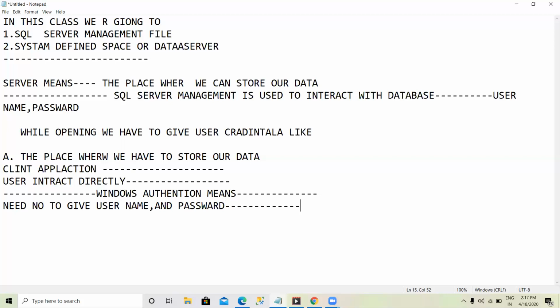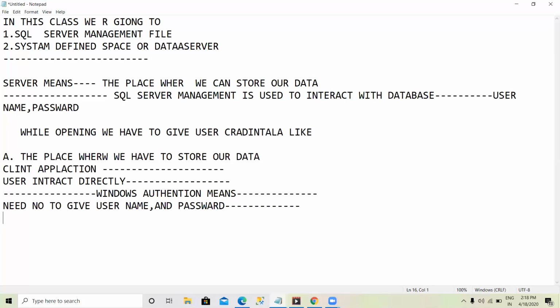The difference is that while using SQL Server authentication, we have to give the SQL username and password. If you are using Windows authentication, you need not give a username and password.